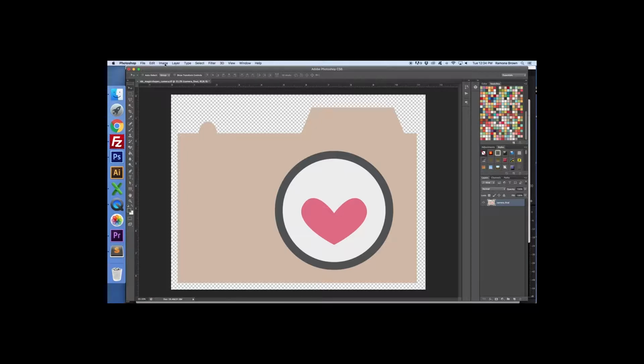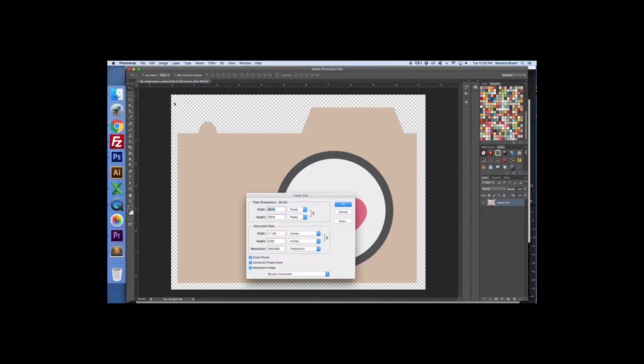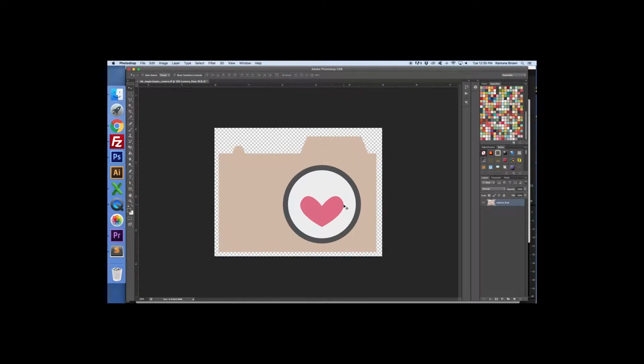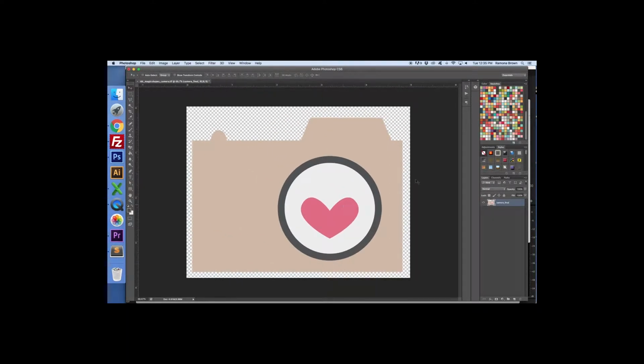So before I add the sticker, I do like to always look at the size and make it a little more reasonable. So it's probably going to be more like a 5 by 4-inch camera. So we're going to make it a little smaller and just zoom in a little more. Okay, now when we right click, select pixels, select modify, expand, and we do it by 10, there, that looks like a really reasonable sticker